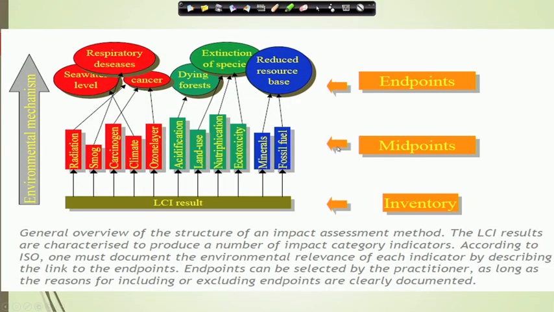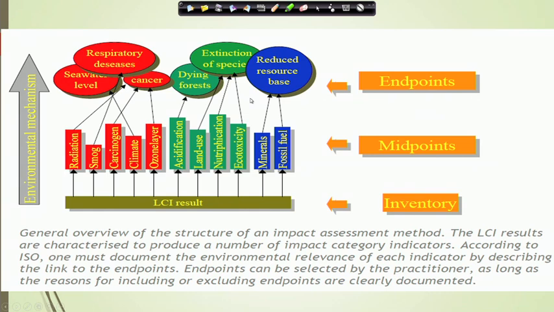From the emissions, we can get what are known as the midpoint indicators. If you remember, these are the midpoint indicators in terms of radiation, smog, climate change, acidification. From emissions data, we can quantify how much is the carcinogen, how much is the ozone layer depletion potential. And using that, we can get these endpoint values, which we talked about in terms of extinction of a species,